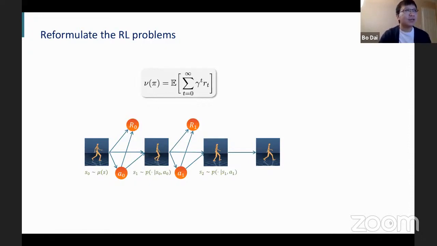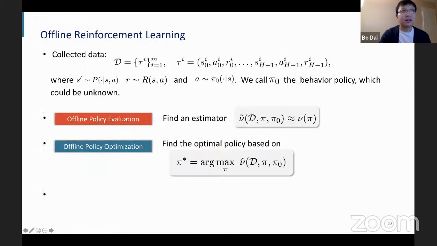So then we can see that the policy evaluation is just trying to evaluate this quantity, and the policy optimization is trying to say, okay, I have this policy quantity. I want to find the policy pi such that it maximizes this quantity. That's what I wrote here. Let's see, these are the two core problems, and in the setting of offline reinforcement learning, as I mentioned, we